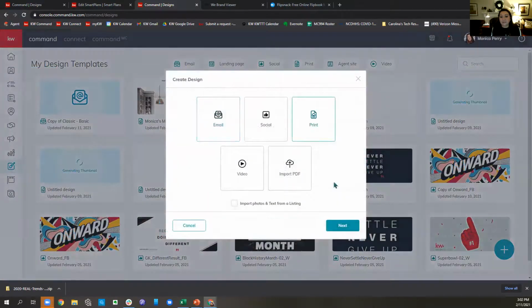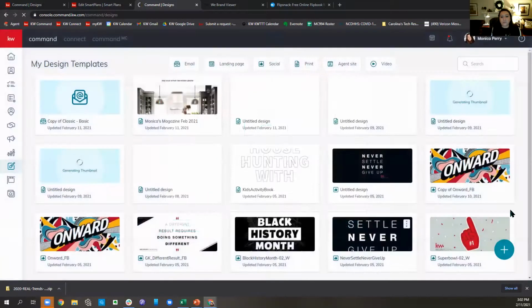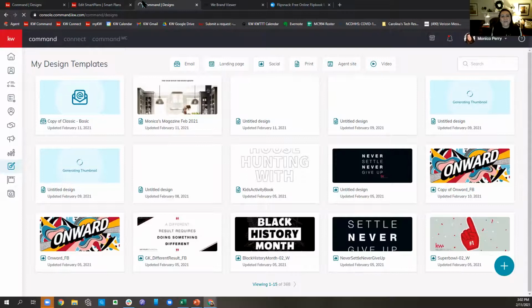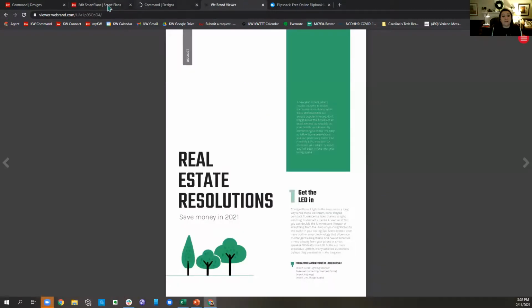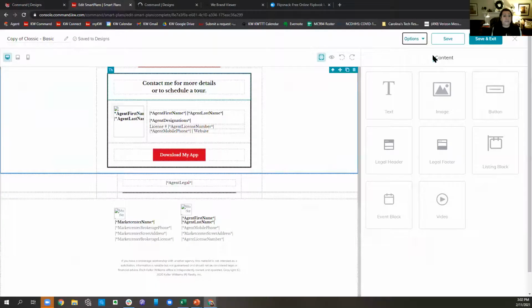Let me pick something like social. Just want it to get me in; it may not let me in there today. It's thinking about it. But it definitely makes it a lot easier when you have all your logos and stuff in there. You can set up color schemes, Kristen. You can make sure that the website's in there, the name's in there, Samantha's name's in there, this person's name,